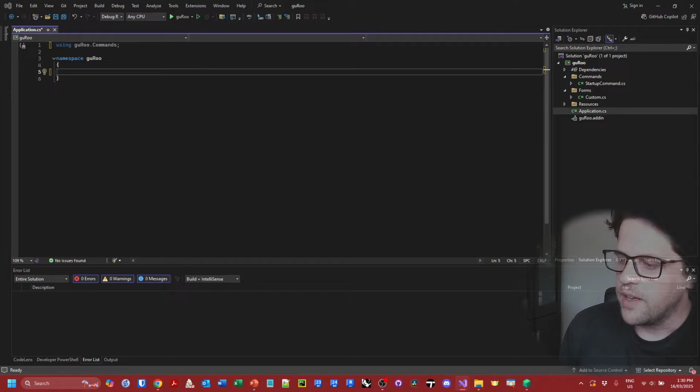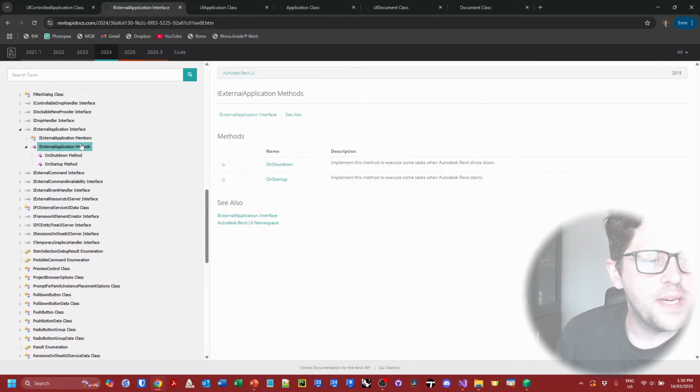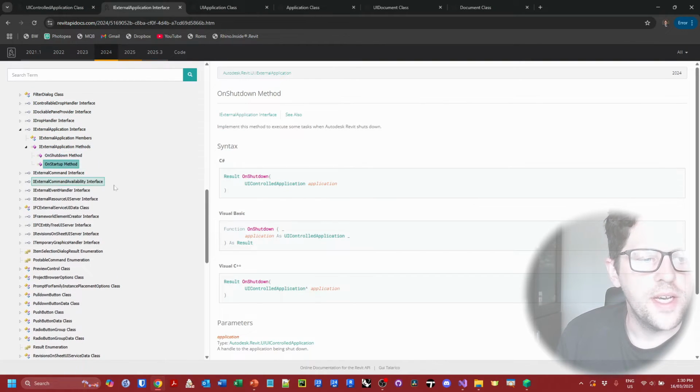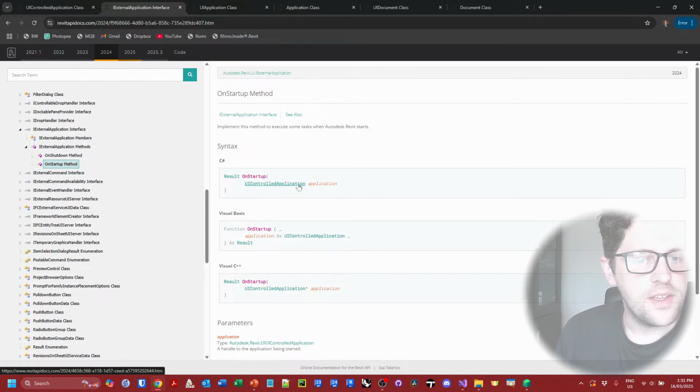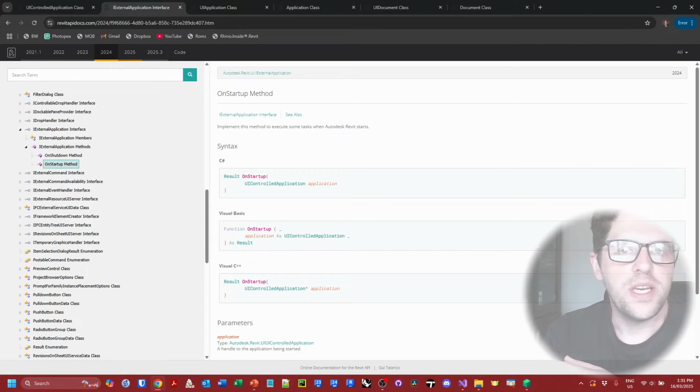So let's have a quick look at it in the Revit API docs. I'm already on it. In this case, the interface will expect two methods, OnShutdown and OnStartup. And we can see that the OnStartup method provides access to the UIControlledApplication. So this is the entry point to Revit and to the add-in as well, because the UIControlledApplication will give us the ability to create ribbons, add push buttons to it, and effectively build our toolbar